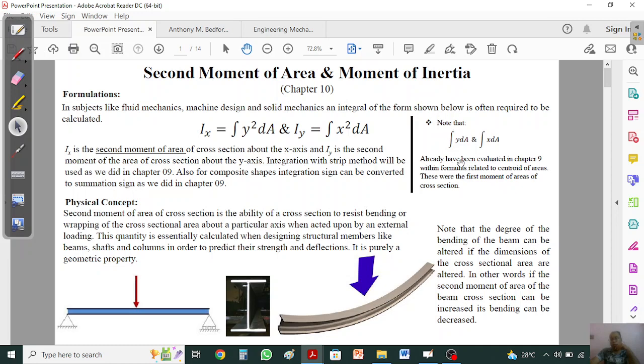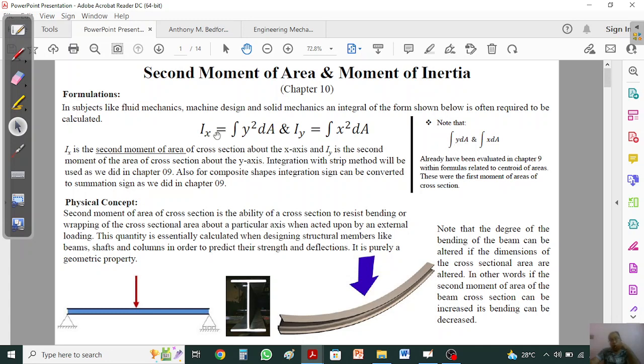But if you look at the numerators, integral of y dA and integral of x dA, these are termed the first moment of area of the cross section. Whatever cross section or object is given to us, if it's a shaded area that is not a fully geometric shape, we use the integral. When we use a composite shape, we use a summation sign. For any cross section or shape given to us, this is termed the first moment of area, integral of y dA, that is why.